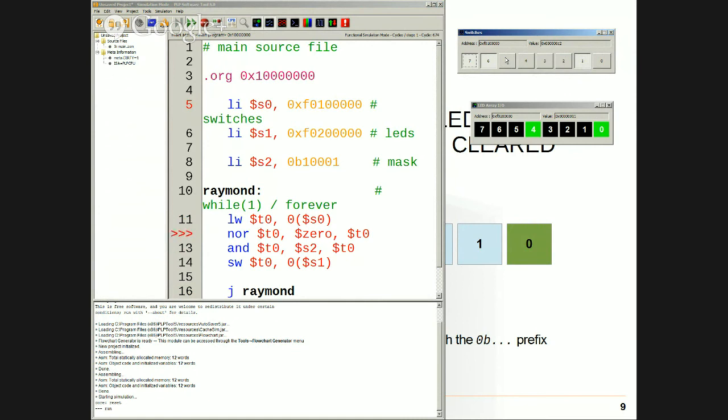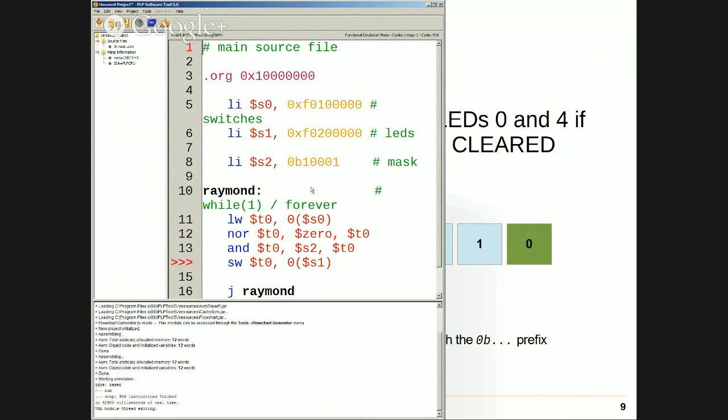So any question? Did you see the masking clearly? The switches and LEDs are really an example where you can see clearly that things are being masked, with just that one AND instruction. You want to change the mask and see what happens? Sure. All right. So let's change our mask. The bottom 5 switches now matter.